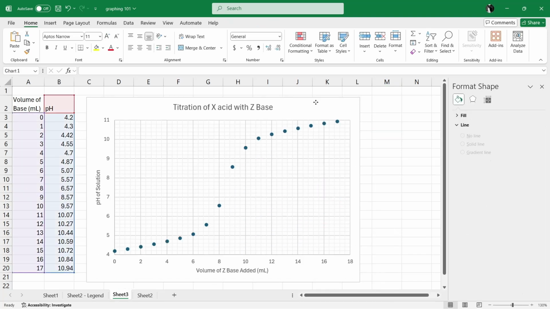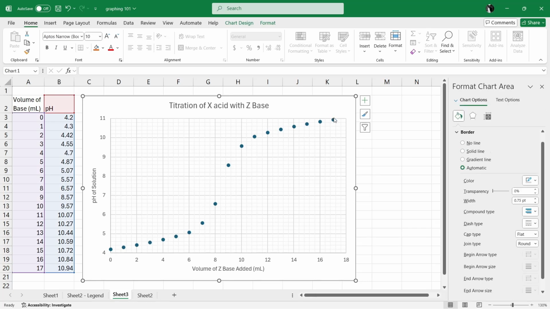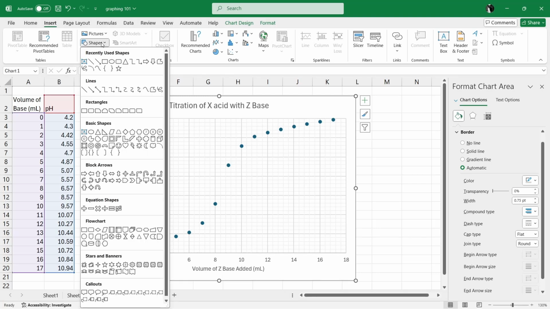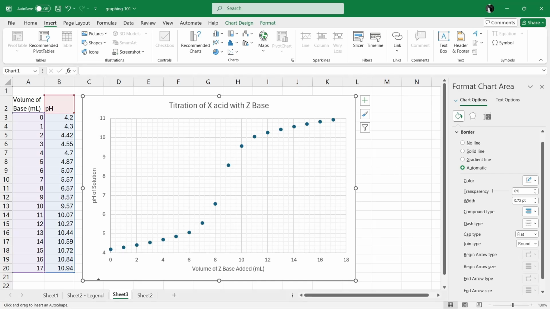So to make sure that your drawings are drawn on the graph, make sure that your graph is selected before you insert your object. So we're going to insert, and we're going to add a curve, and then you're going to click on points on your graph,